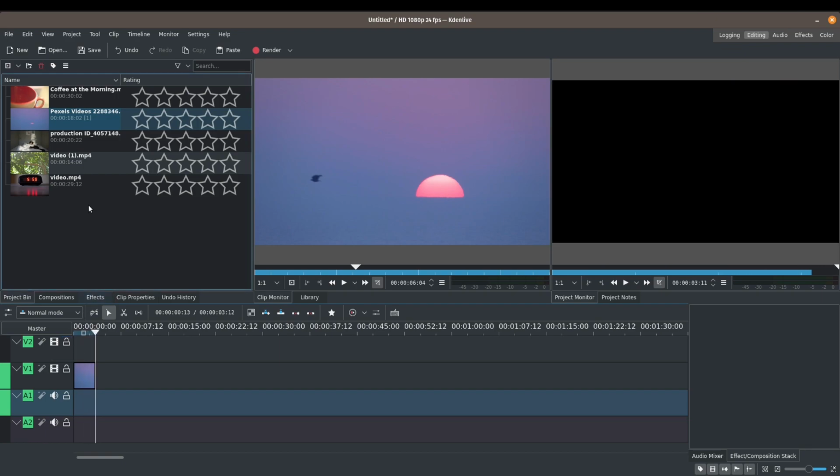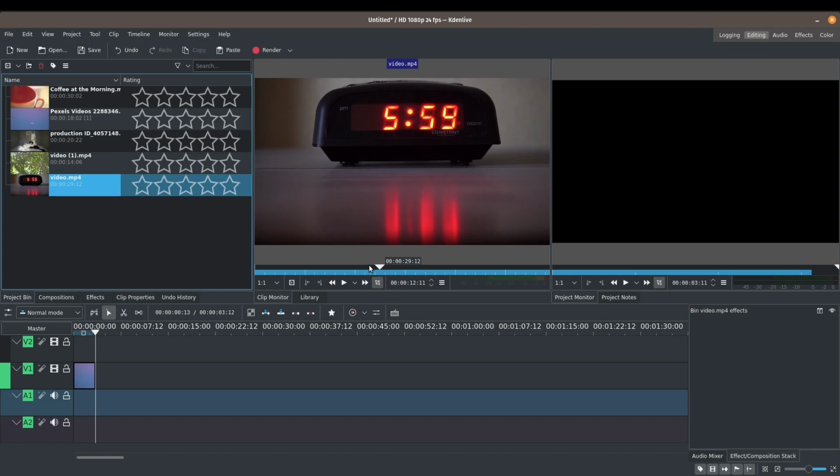and now I want to add our alarm clock. So the alarm clock goes through quite a bit before it switches over to 6. So here's another way to actually figure out which part of the clip that you want to take. So in your clip monitor, this is another way to do quick and easy cuts, is we'll set an in and out time. So we'll press play here, and it changes over to 6 right about there. So we'll bring this back, and I'm gonna press I or in, right? So you can set zone in,